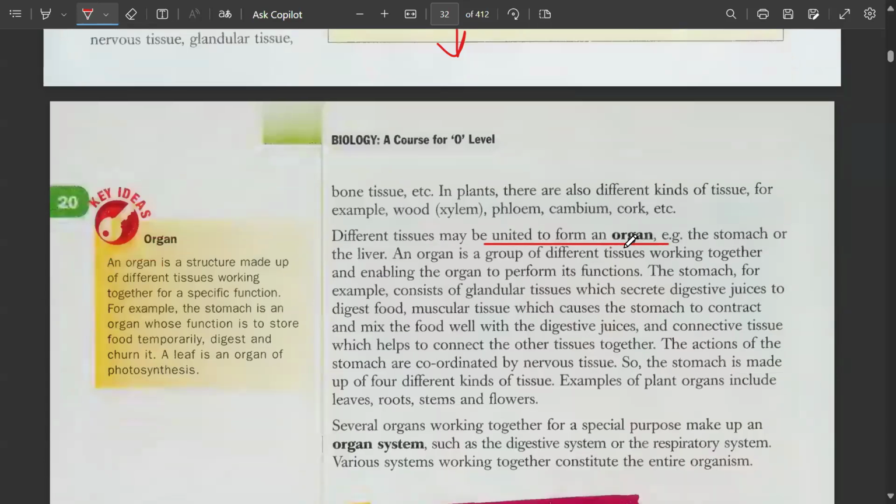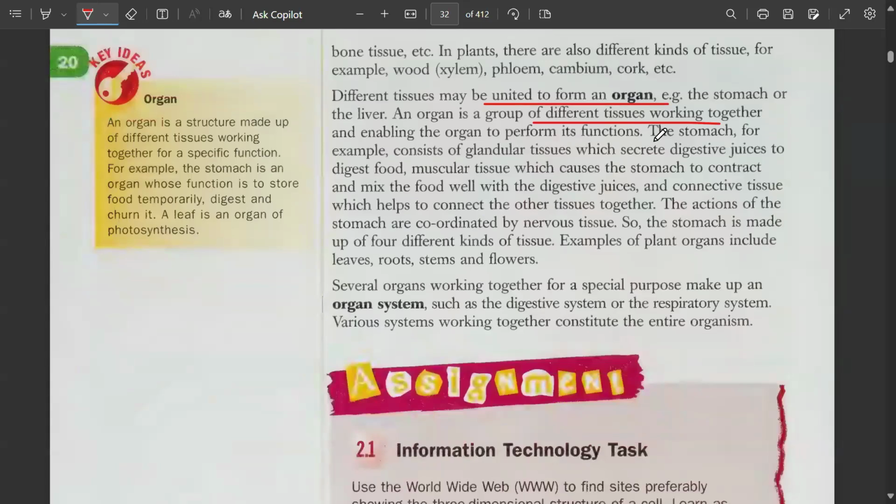जैसे कि स्टमक हो गया, लिवर हो गया। An organ is a group of different tissues working together and enabling the organ to perform its functions. The stomach, for example, consists of glandular tissues which secrete digestive juices to digest food, and muscular tissue which causes the stomach to contract and mix the food well with the digestive juices, and connective tissue भी है, वो भी